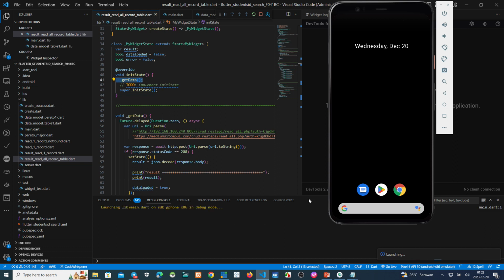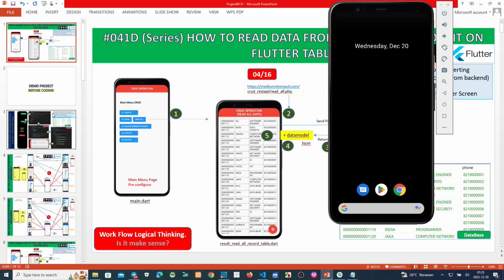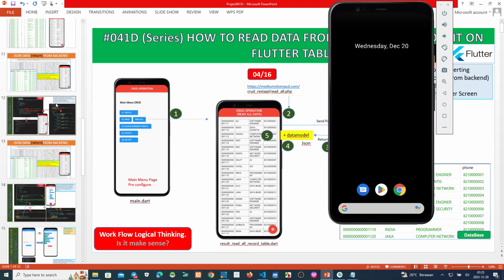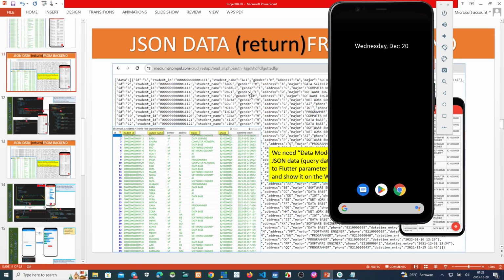Okay. See this one, we can see the JSON like this. This JSON result runs automatically, yeah.